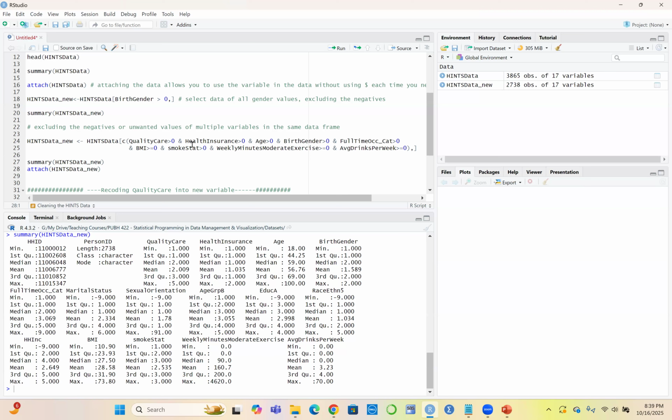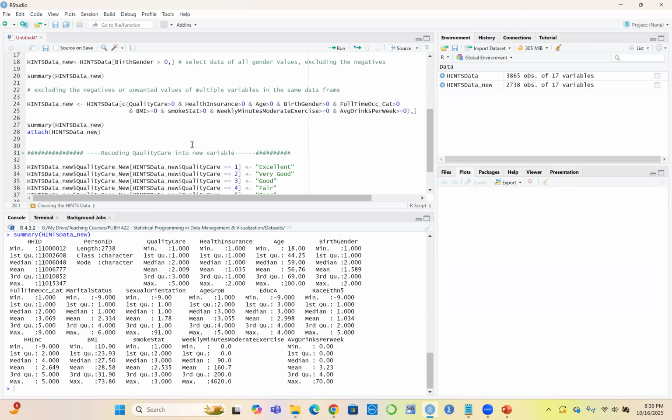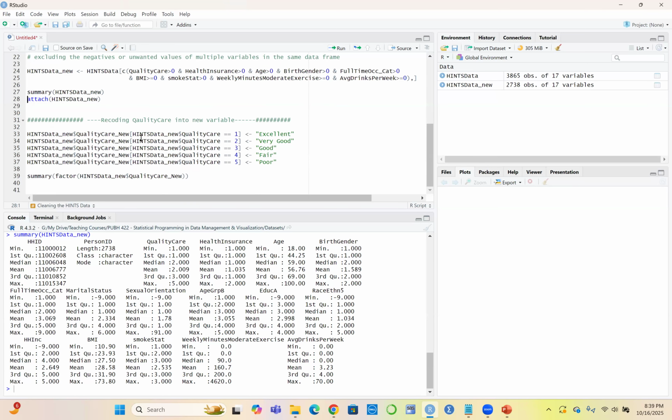Okay, so this is how you can clean up the HINTS data by excluding any data or values that were negative, which is information you don't need in your data set. Now, what you can also do is create a new variable from an existing variable. So for instance, if you take quality of care,